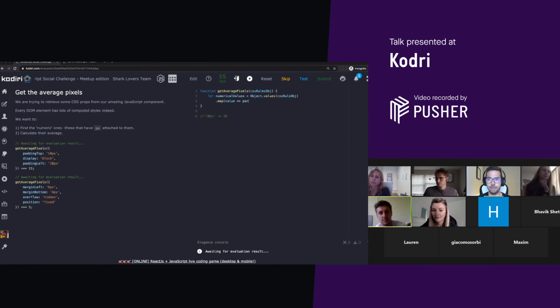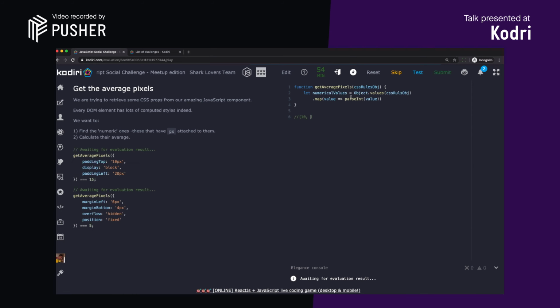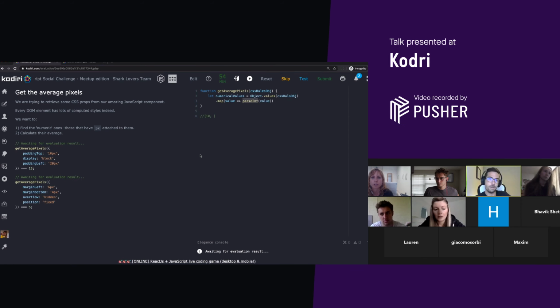So here we can type parseInt(value), and that will hopefully give me an array of what? On the first use case scenario, we first got 10. Can anyone tell me what parseInt of the string block will return? NaN, not a number. That's correct, because we cannot get any number out of the word. And of course eventually we'll get the number 20. So that's what we have so far.